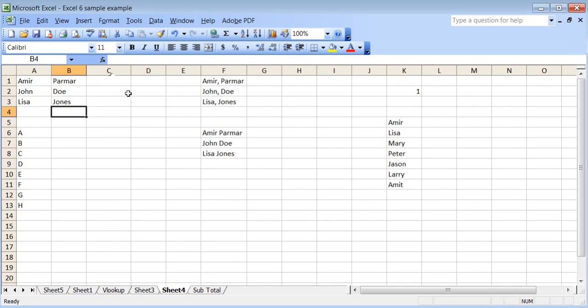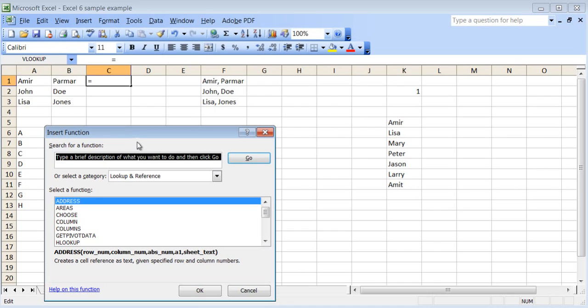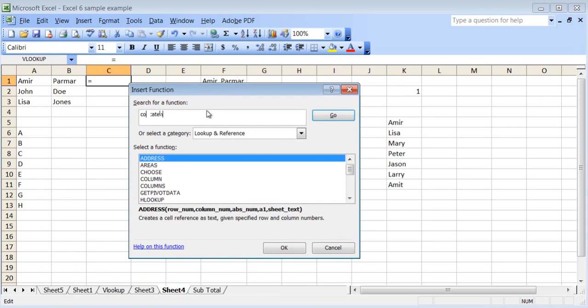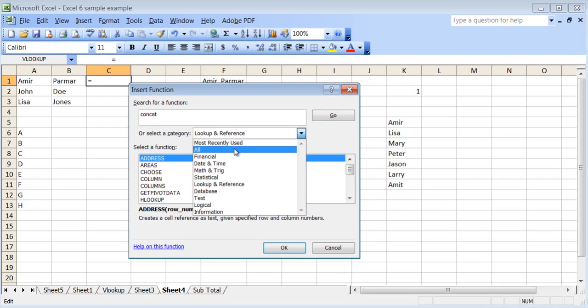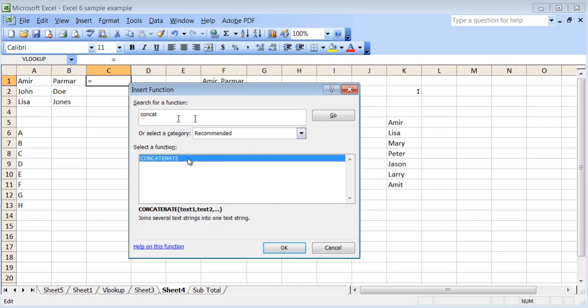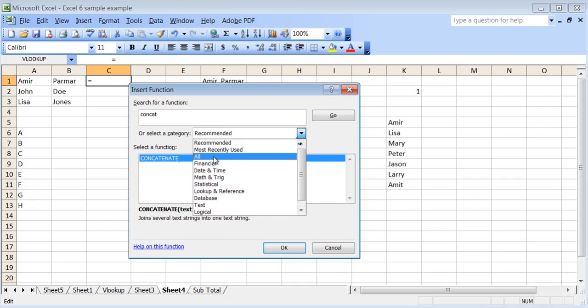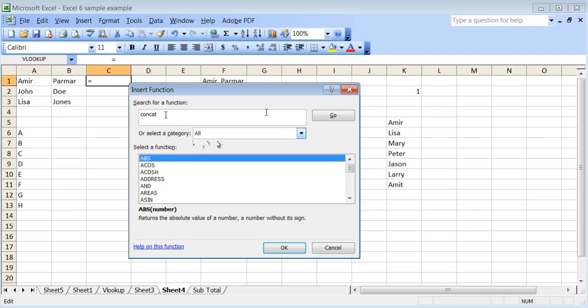And here I'll teach you a function called CONCATENATE. What concatenate does is that it will take your first name and last name and join them together in this cell. And you can do it with multiple cells, for example. So I can click on the FX and I'm going to look for concatenate. A lot of times if you just type concat and click here and I'm going to choose all and I hit go, now you see it finds it. So just make sure that you click all when it searches for it. So concat, and there it is. I click OK